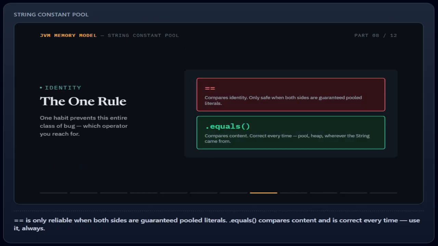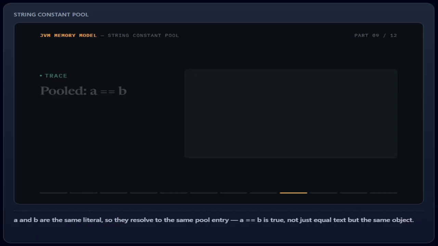Either way, you end up holding a real pool reference. So here's the one habit that prevents this entire class of bug. == compares identity, object to object, not text to text. It's only reliable when you're certain both sides are guaranteed pooled literals, and in real code, you're rarely that certain. .equals compares actual content, character by character. It doesn't care where the string came from: pool, heap, concatenation, deserialization, it's correct every single time. If you remember exactly one thing from this whole video, make it this: compare strings with .equals, always. Let's watch it happen,